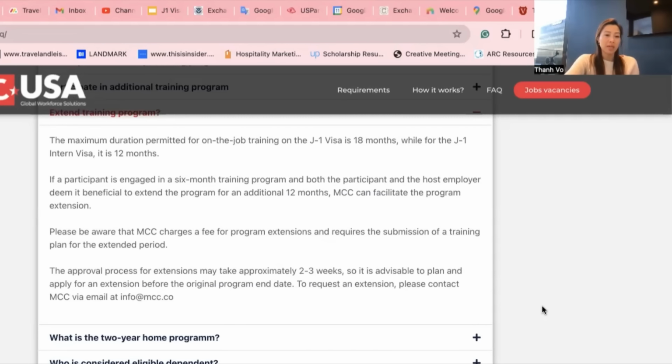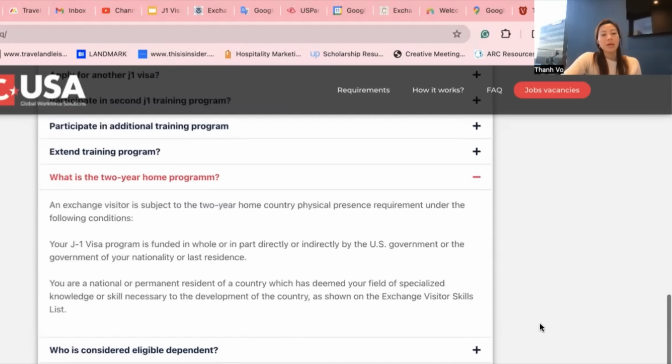So please be aware that MCC charges a fee for program extensions and requires the submission of a training plan for the extended period. The approval process for the extension may take around 2 or 3 weeks. So it is advisable to plan and apply for an extension before the original program end date. To request the extension, please contact MCC via their information. Also, they mentioned